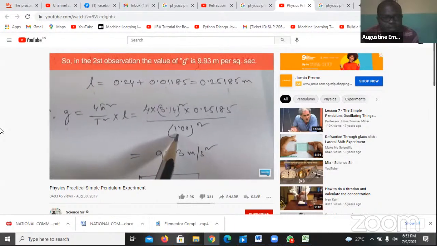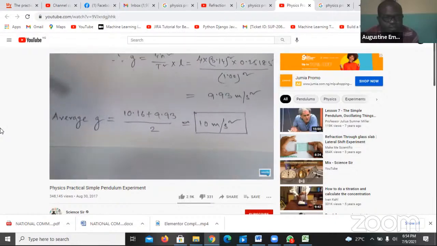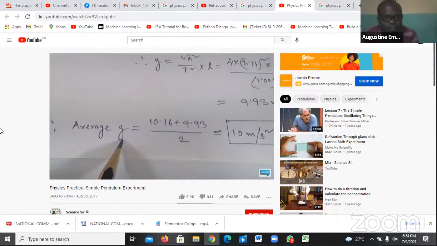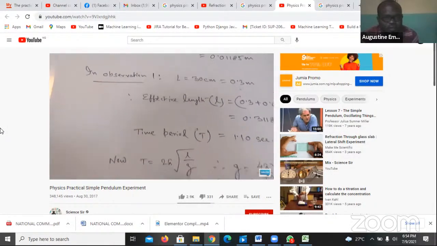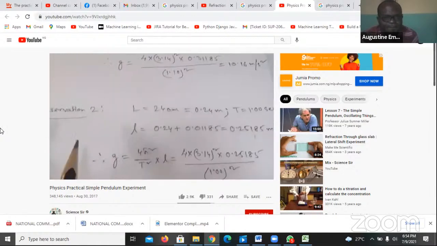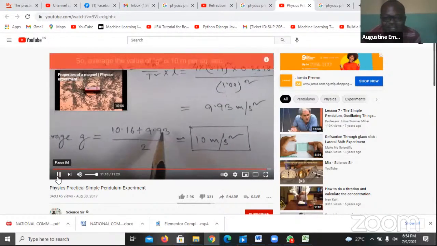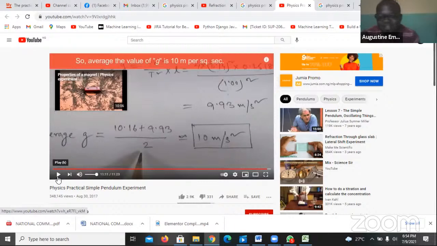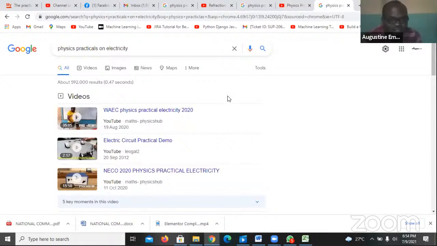Okay. So you take the average of the two g's: the first g plus the second g all over 2. I think this is pretty simple. It's easy. Chika, did you make any sense of it? Yes, I did, sir. Okay, so it's similar to the normal layout you would have had for your own. Let me look at this electricity. It'll be very good now.